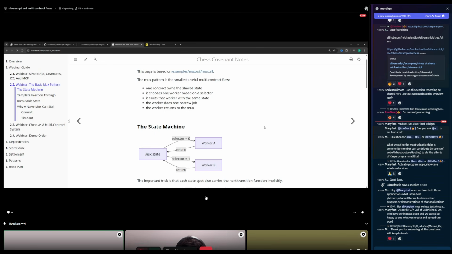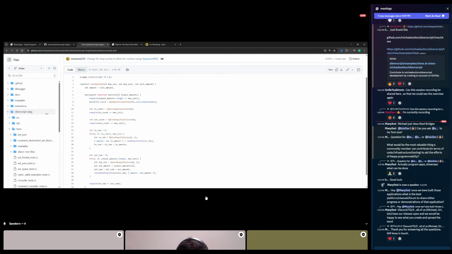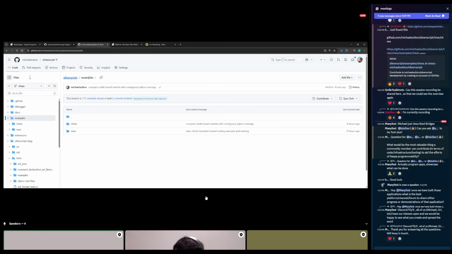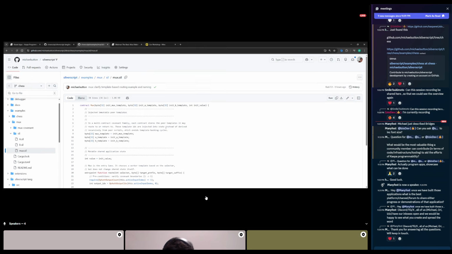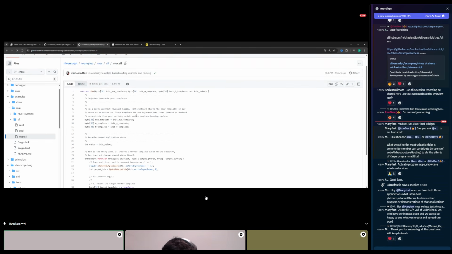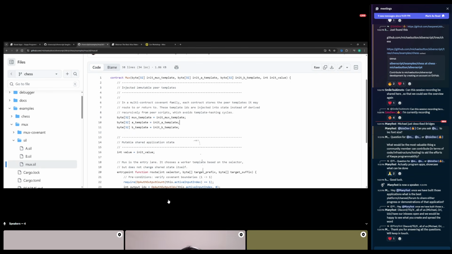Okay, so the pattern would be that if I look at the branch under my Silverscript fork for now. I had to develop a few compiler level things throughout, which are now in a PR. So let's just look at this multiplexer, and the state in a moment.